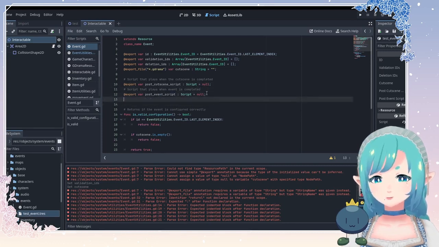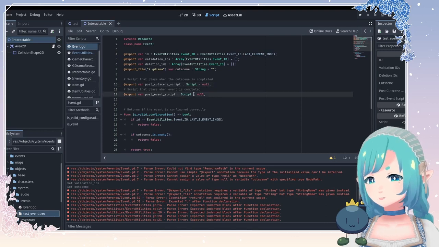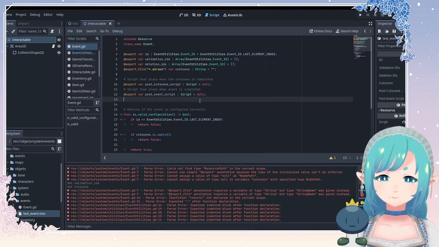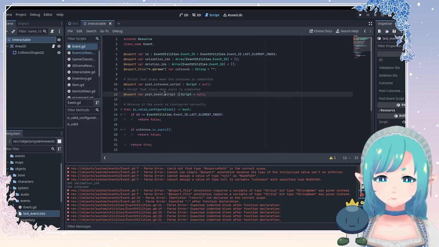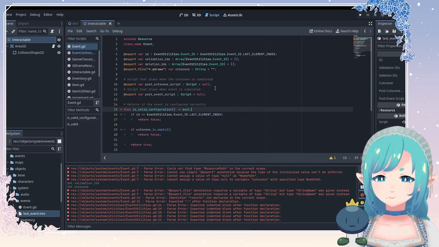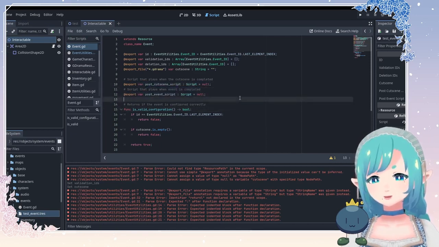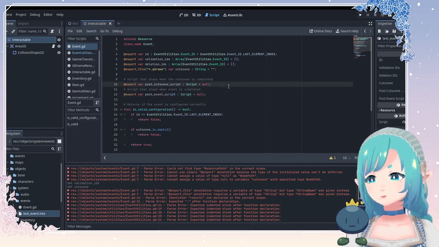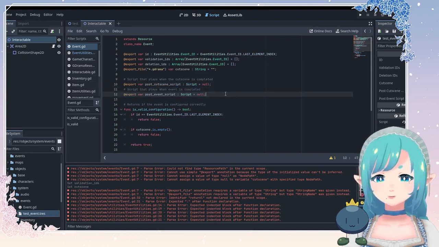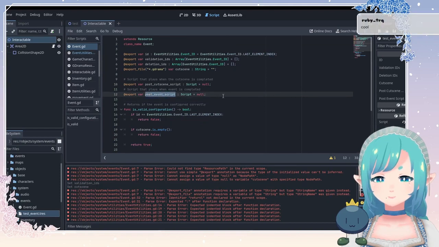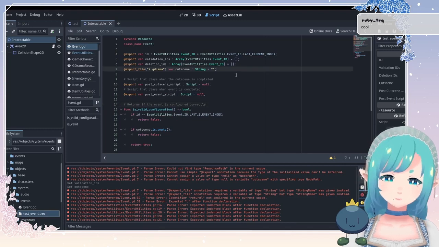This one, script that plays when the event is completed. This will basically always get triggered, and it's usually world changes. So if a character is visible on the screen or whatever, then this will get triggered. I think I will actually add a pre-event script,